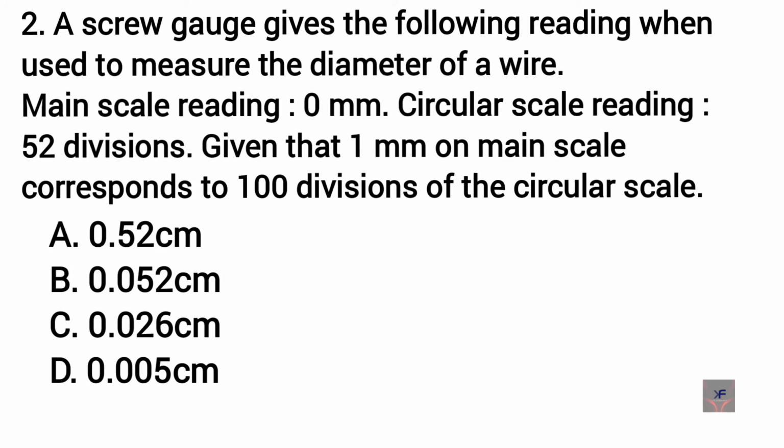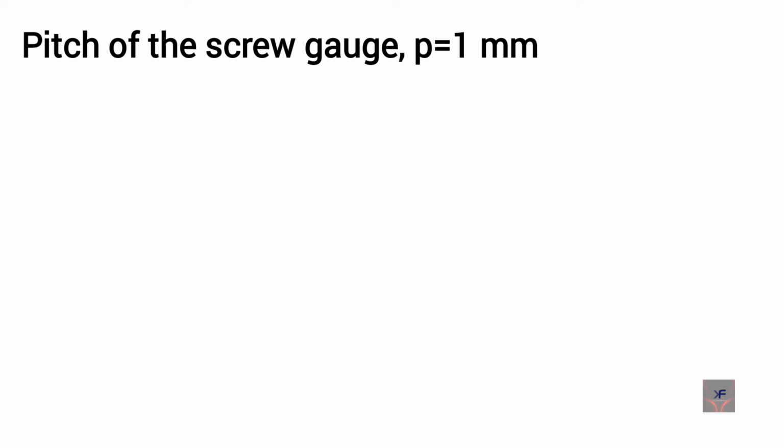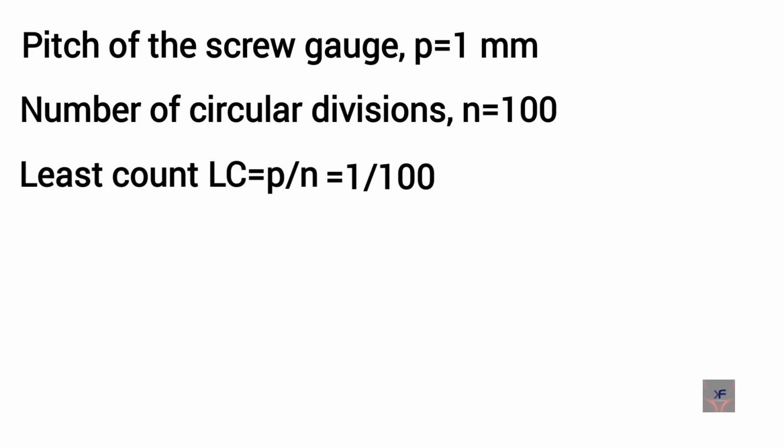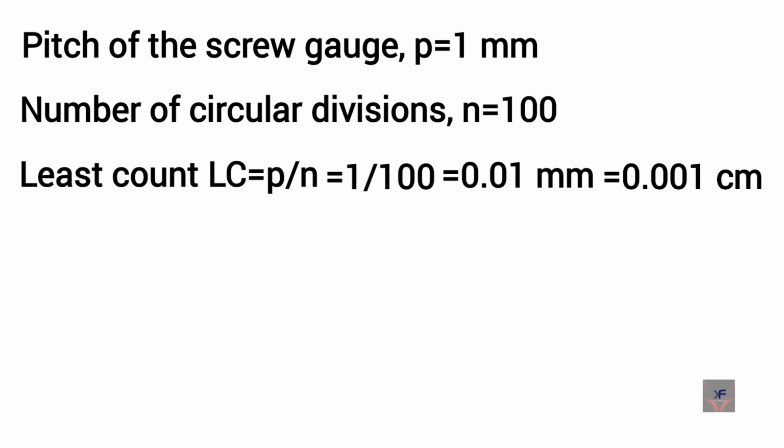Let's see it. Here, pitch of the screw gauge P is equal to 1 mm. The number of circular divisions N is 100. So the least count LC is P divided by N, which is 1/100th, which is equal to 0.01 mm. Convert it to centimeter, we get